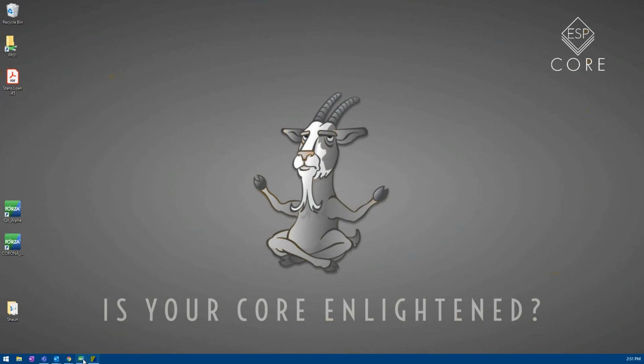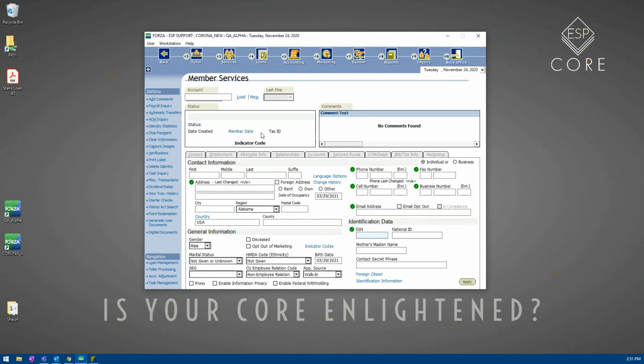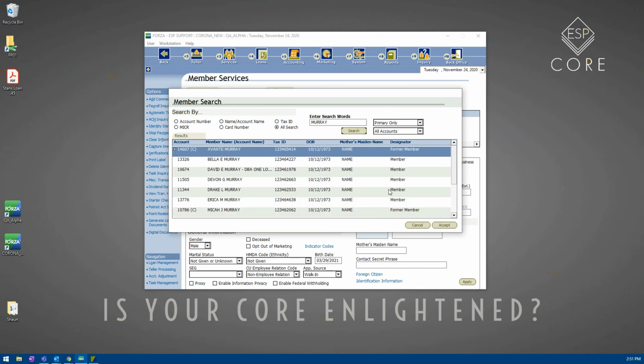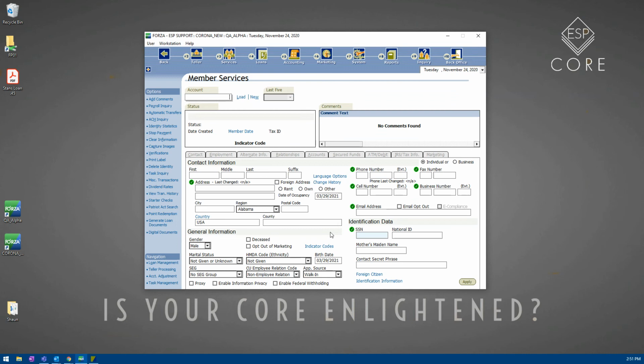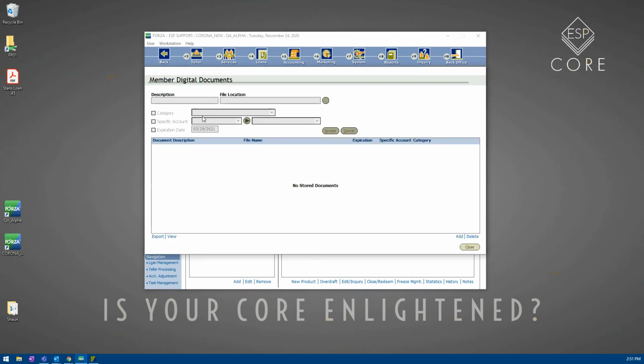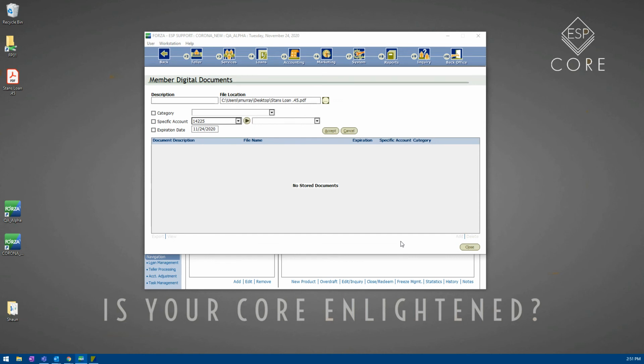Now we're going to go back into Forza and go to Stan's account. Mind you, we're using this as an example, so Stan may not exist, but we're just going to load an account that we want to upload it to. So now we open the member's account. We'll assume this is Stan. We go to Digital Documents, and we're going to add a document. We click this little three dots, come over here, choose the form,